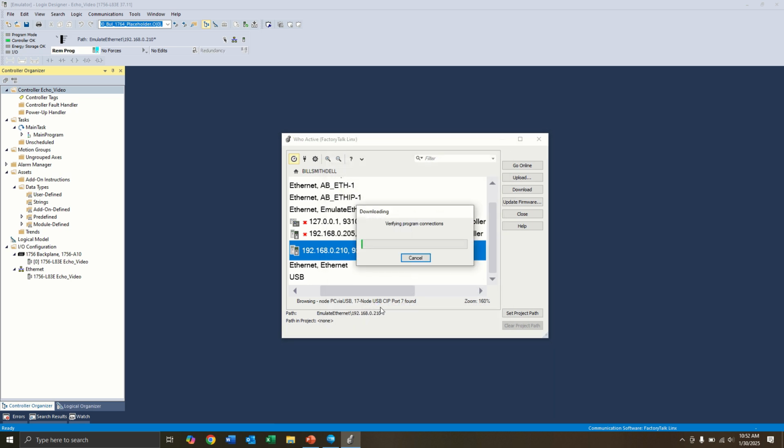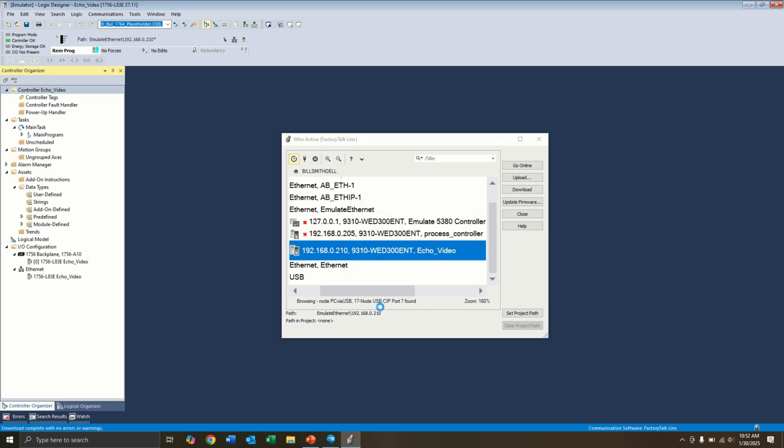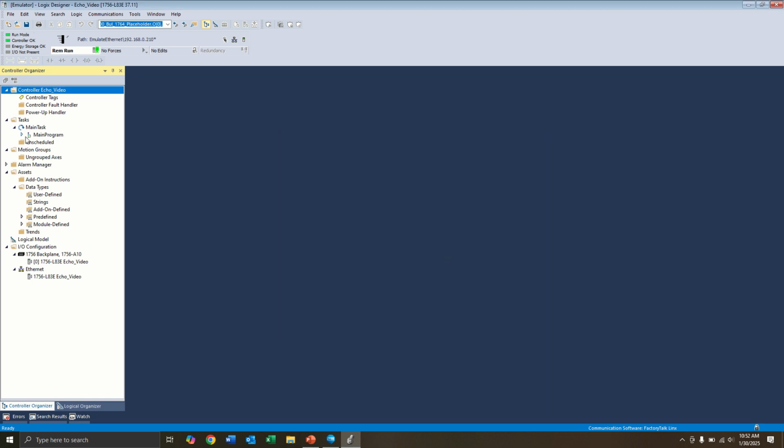So you can see that this actually operates, even when the guy making the video makes a mistake, as if there was a physical controller there and somebody walked away leaving the key switch in the run position. So now we're going to go back into remote run, and we're online. And just to prove to everybody that we are online with a controller,